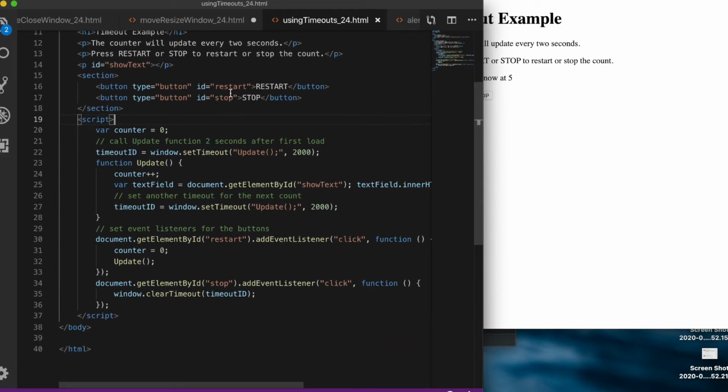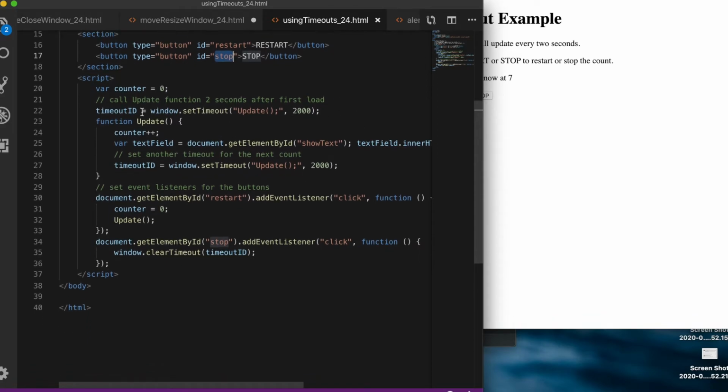So you have these two buttons, ID restart, ID stop. There's the text. So we have this counter. We call the update function 2 seconds after the first load. So timeoutID equals window.setTimeout. Call this update at 2 seconds, which is setTimeout takes in 2 parameters. We're going to call this function